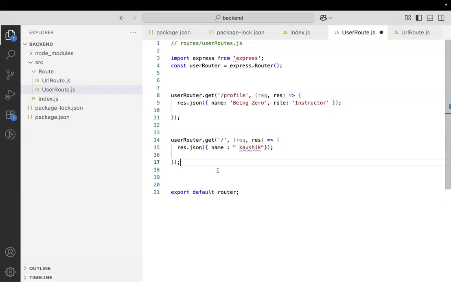Kaushik. So let's test this. How we will be testing this is a user router, right? So I am exporting this from here. Yesterday we discussed if we have to export something from a file, we can use export default userRouter,